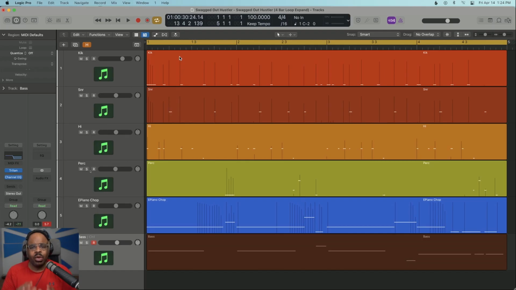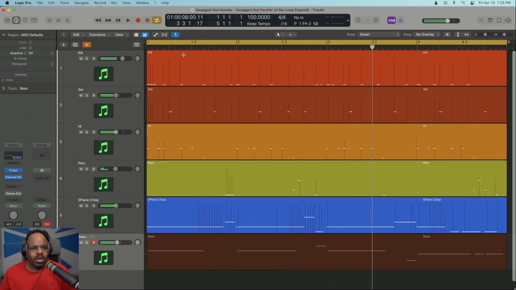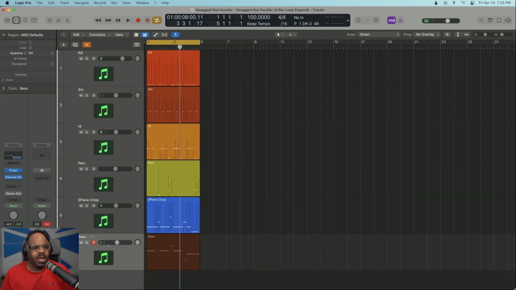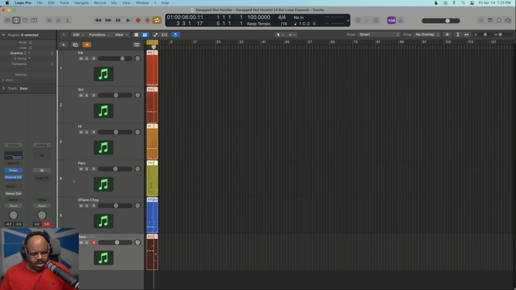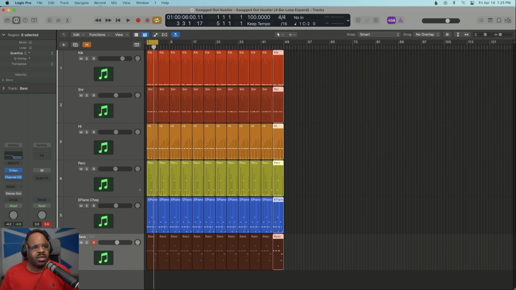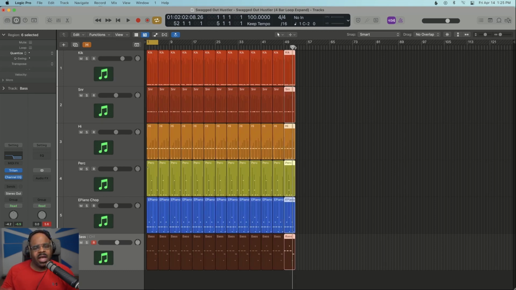I want you to go from loop mode to song mode. As you can see on the screen here, we got a simple 4-bar loop. Now, you might be stuck there for a long time, but what I want you to do is repeat the loop till you got about 2 minutes. There we go. And why I say 2 minutes is because most songs, if you make for sync licensing, they want them to be between 1:30 and 2 minutes and 30 seconds. So this automatically takes your brain from loop mode to song mode.